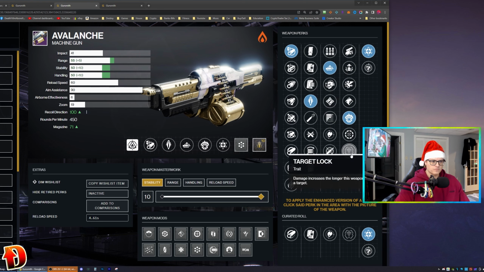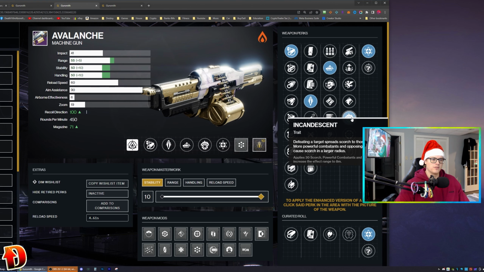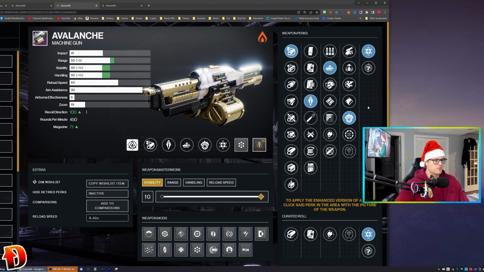So, Target Lock is another option there for you if you don't want to use incandescent. But I like incandescent. I feel like that's probably top perk in that column. So, if you're thinking about PvPing,